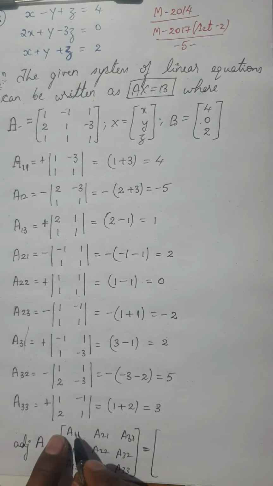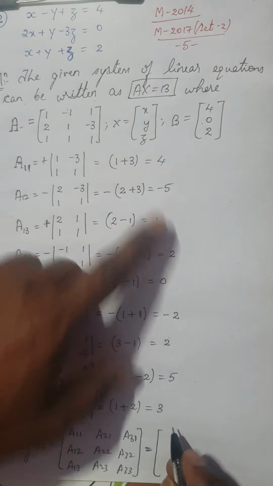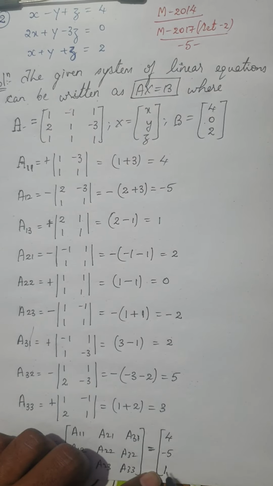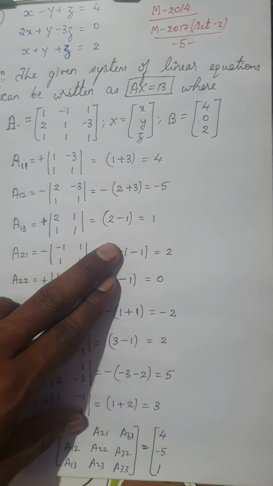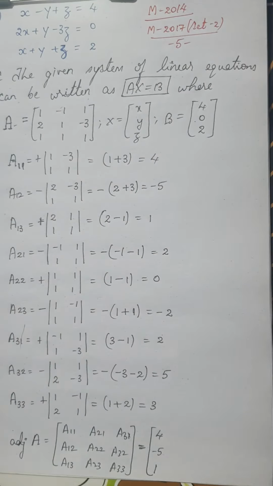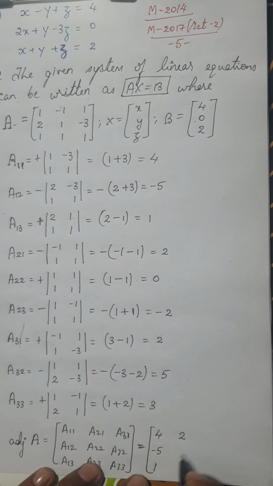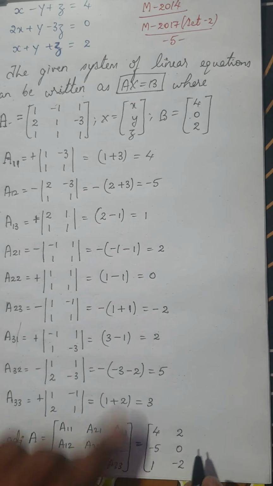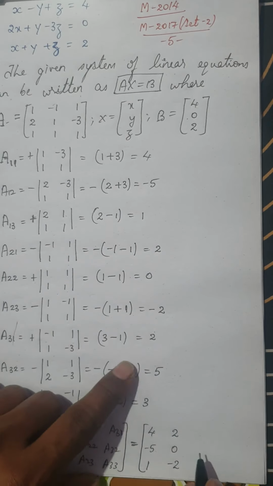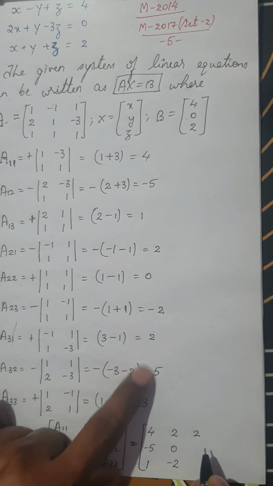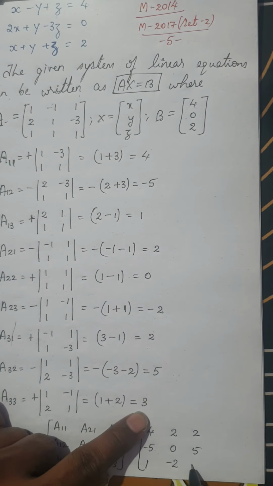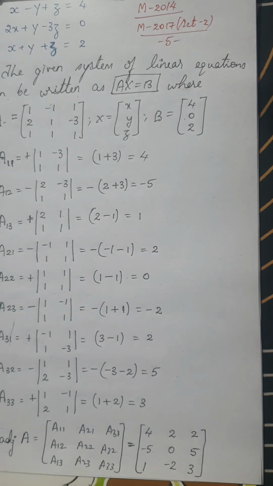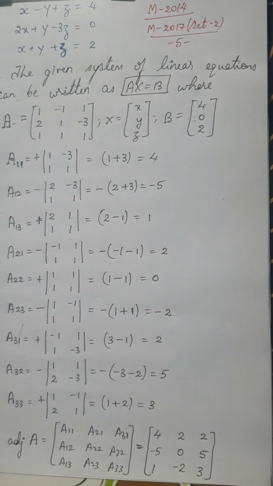Okay, remember it is A11, A12, A13. So it is 4 minus 5, 1. Remember, I am already taking the transpose. Okay, 4 minus 5, 1. Next, 2, 0 minus 2. Is it clear? Next, finally 2, 0 minus 2 is over. So I have A31 is 2, 5 and 3. Okay, so once I got my adjoint of a matrix, I'll find out the determinant of a matrix.